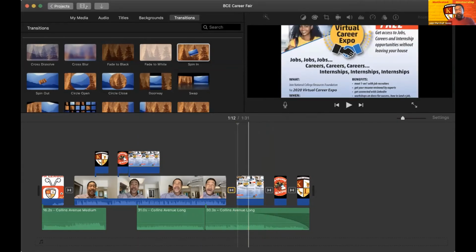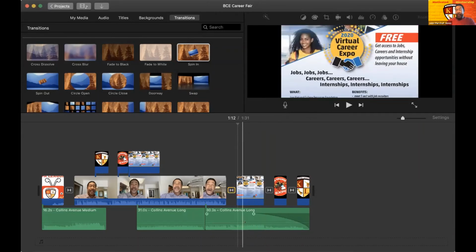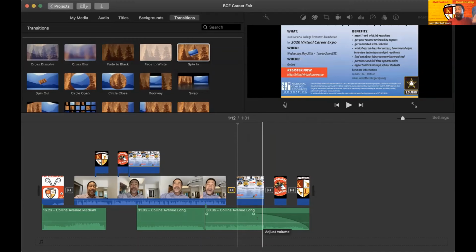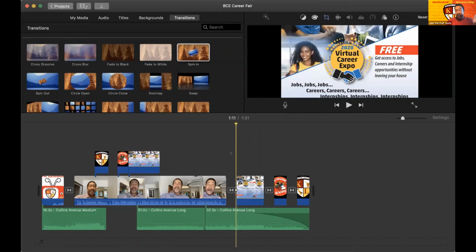So right here, if you look, we got a picture. That's this part. Then you go down to the green and you have some music, but you don't have anything telling you what's going on. So why don't we put a voiceover to start right here? So we click and you see that bar turns yellow and it's got a little arrow on the top when you click on it. That means that's your starting point. Yellow bar with the arrow on top. Then when we click this microphone, it gives us this red dot here, and that's your record button. So now if I wanted to put a voiceover on the back end of this, I might say,